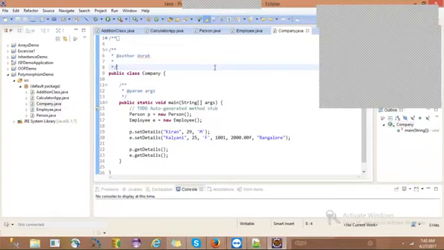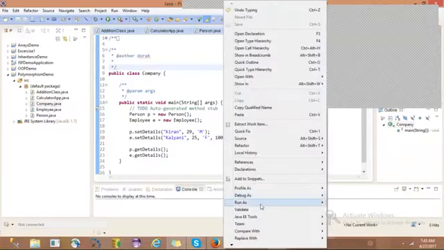What is the condition? We need to have inheritance. Without inheritance, overriding is not possible. Then, how to write the overriding methods in the superclass and subclass. Next, how to use it using an object reference. These four points are clear, right? If it is clear, we can run the program, observe the outputs and discuss some other points. Okay, guys, shall I run?